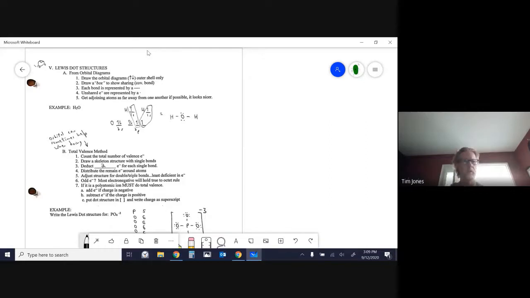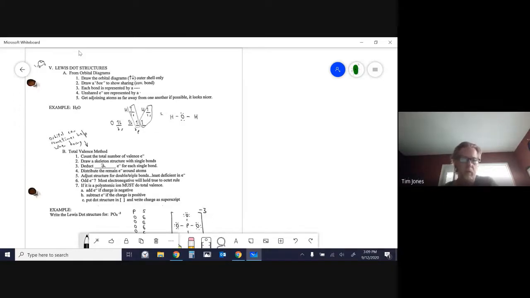We're going to go through Lewis dot structures, named after Gilbert Newton Lewis. And the first thing that I mention here is that when you go to draw the structure, sometimes it's hard to tell what to do, and one approach to figuring out the right approach is by drawing orbital diagrams. And so in this particular example with water,